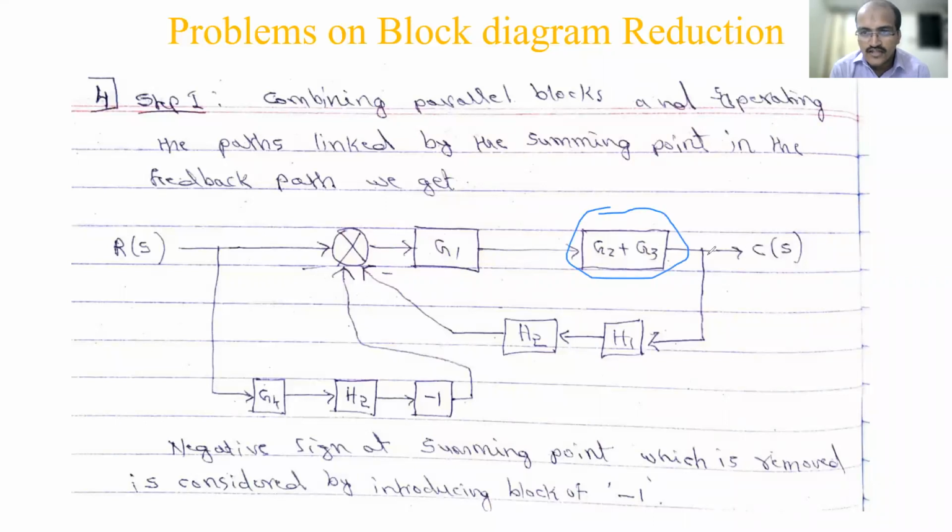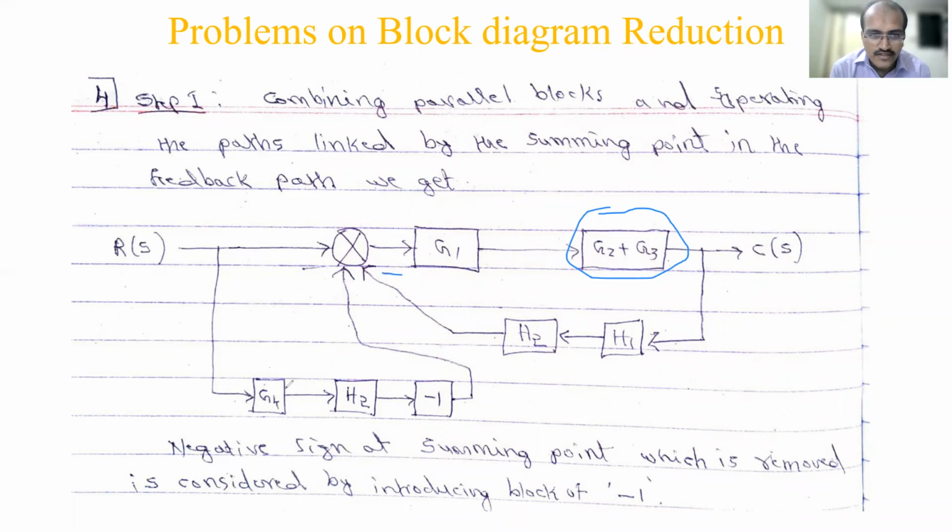Okay. So then from the summing point you had a feedback path. Now that will be made as a takeoff point. Because the summing point is removed, it is a takeoff point now. H1 is there. Then there was a summing point, so that summing point is removed now. That summing point we put over and clubbed over here, merged over here. So you have now H1 and H2 to this block with minus sign.